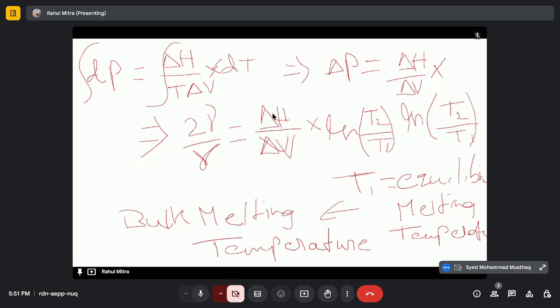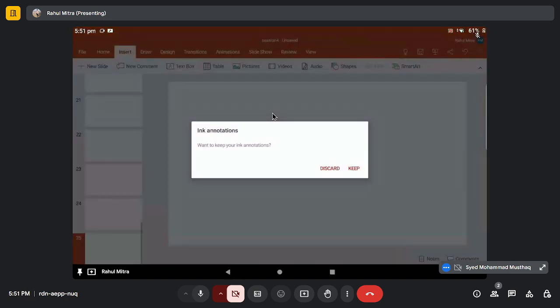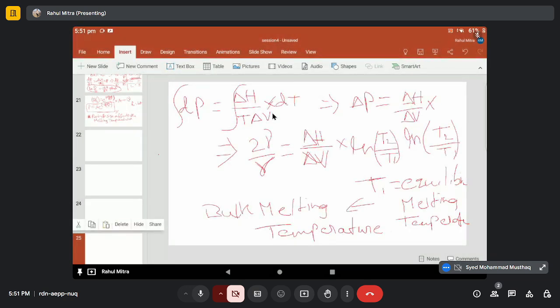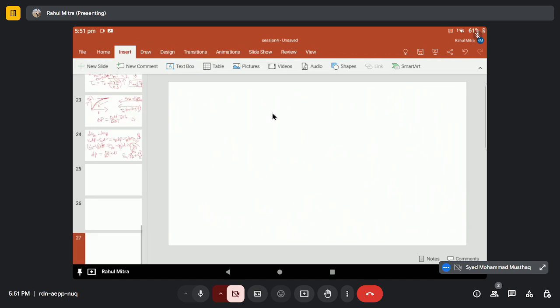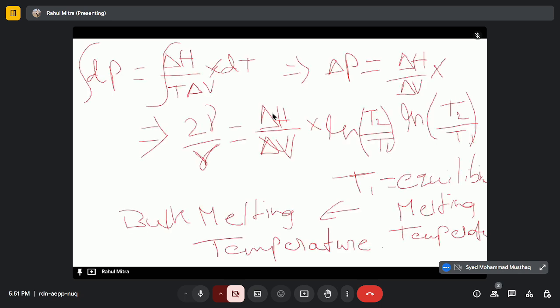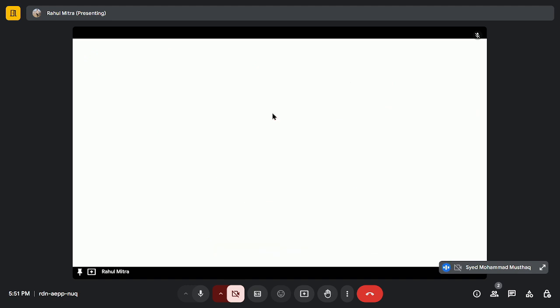Then let me add a few more slides. We have the bulk melting temperature, yeah, then that will turn out to be